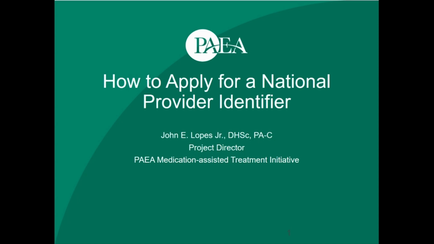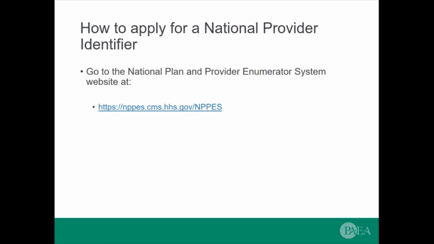So applying for one now and identifying yourself as a student will make you one step closer to being able to practice when you're done. You can always change your status once you're graduated. Now, in order to apply for an NPI, navigate your way to the National Plan and Provider Enumerator System website at the link or URL shown on the screen,